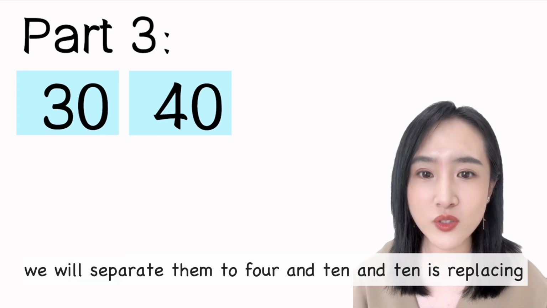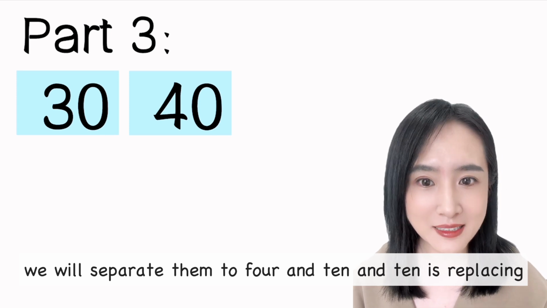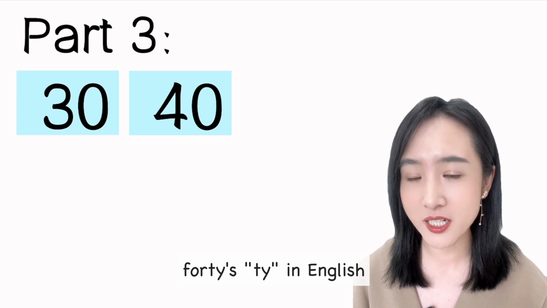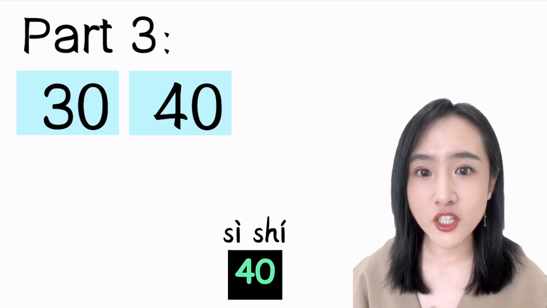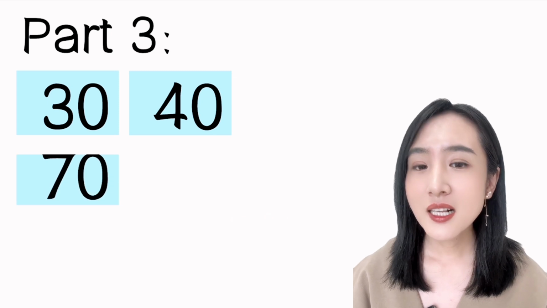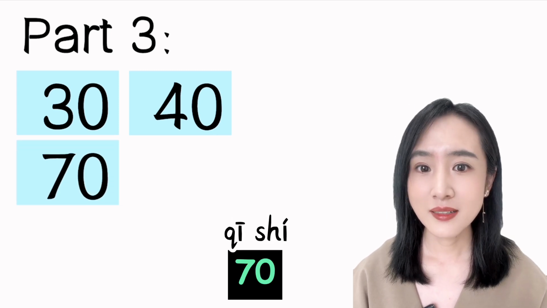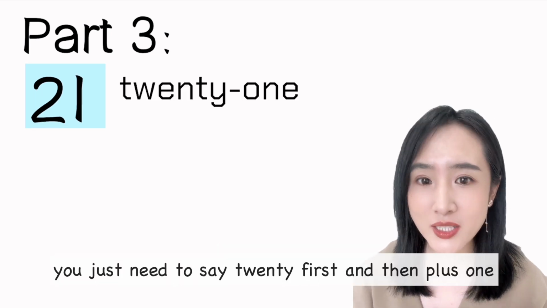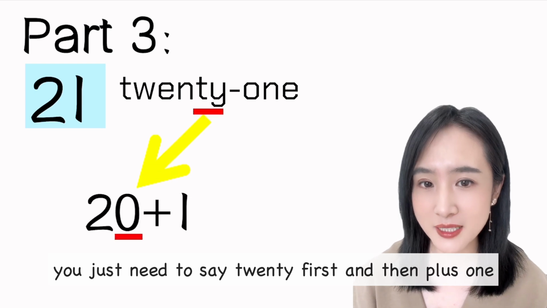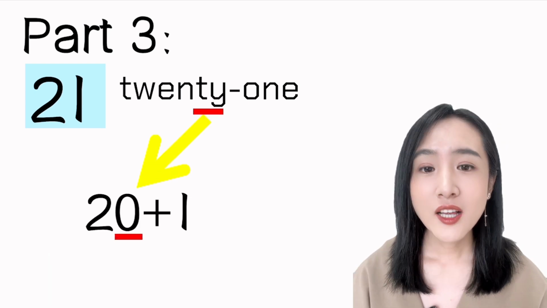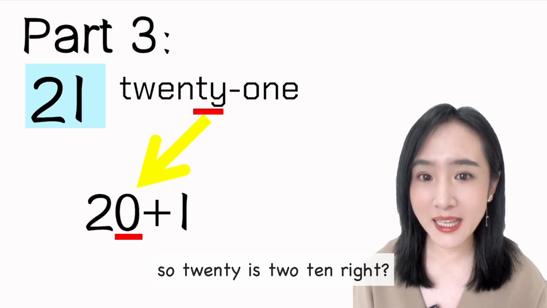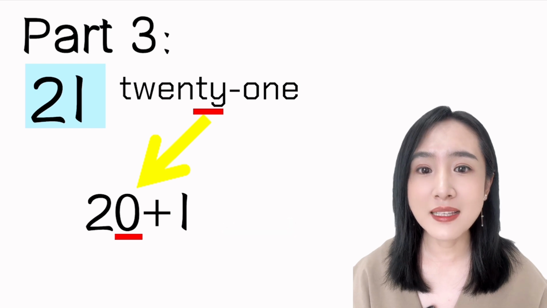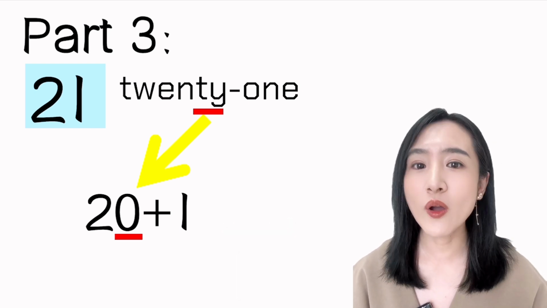So 40, we will separate it into 4 and 10. And 10 is replacing the "ty" in English "forty". So 40 will be 4-10. And 70, 90. And 21, you just need to say 20 first, and then plus 1. So 20 is 2, 10, right? So it's 20, and 1 is 1. So 21 will be